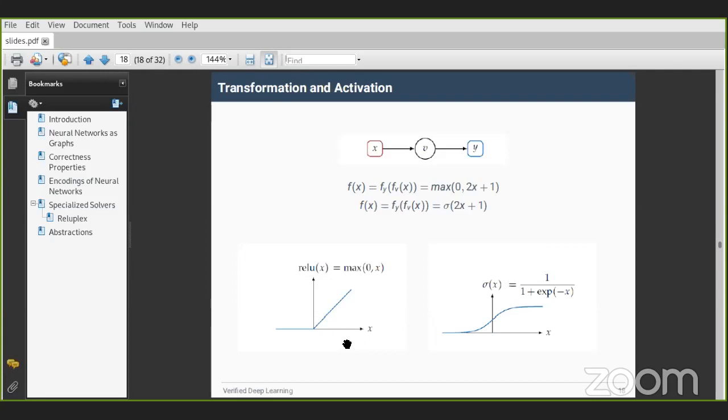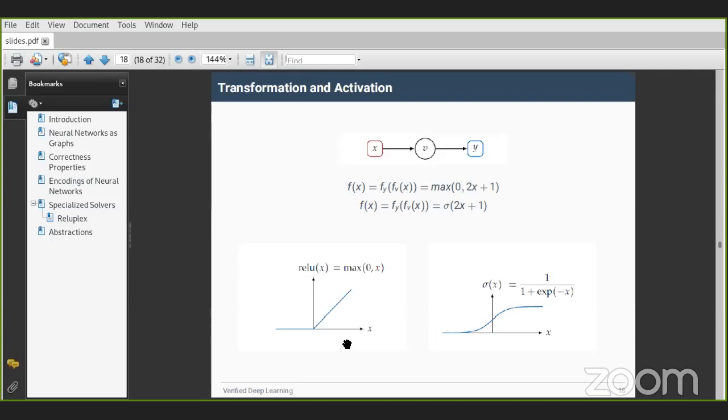So suppose we know about activation functions. We have looked at this activation function called ReLU, which looks like this; you can see the graph at the bottom. For x less than or equal to 0, the function gives you 0. Otherwise, it gives you x. Okay, so this is the graph, and suppose V computes